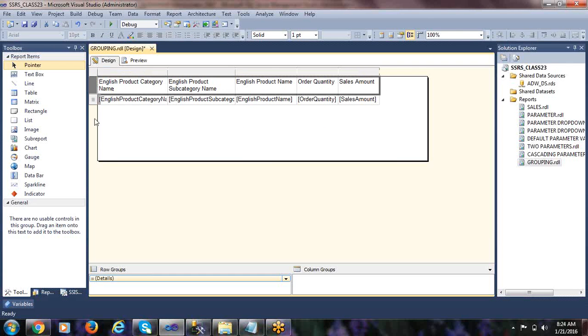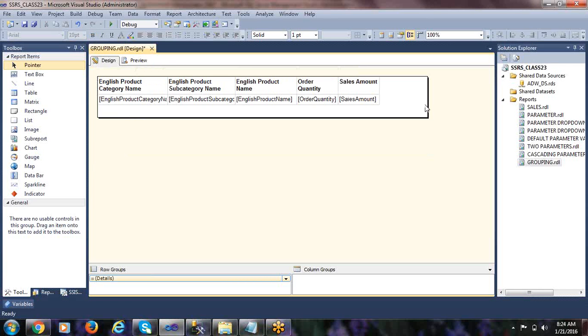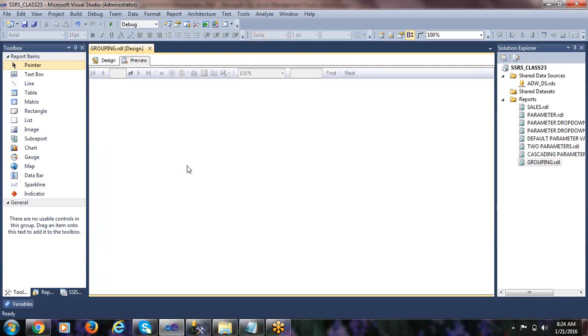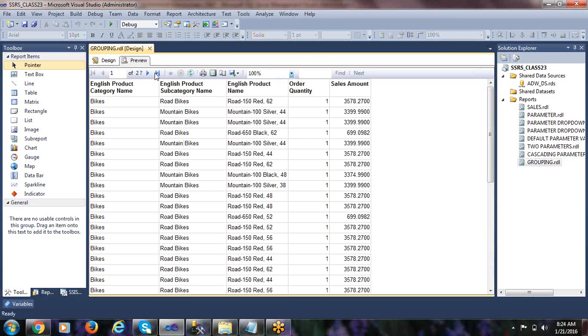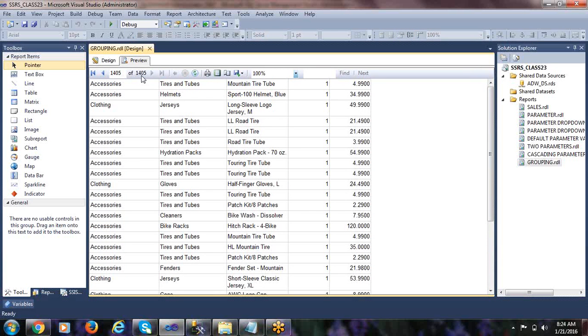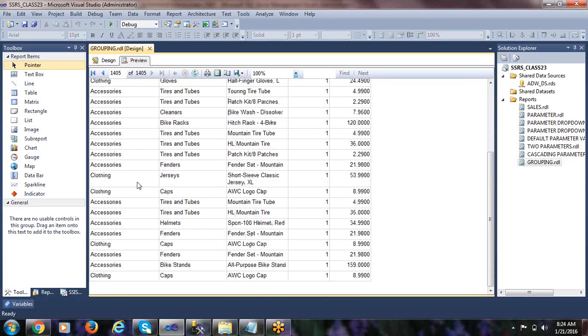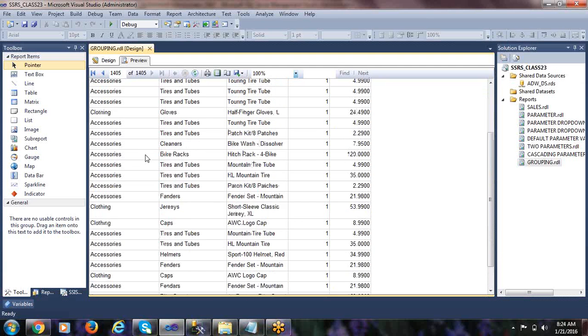Fine. Let's check this. See, we are getting all the detailed data. If you go to the last page, see how many pages are there? 1400 pages. That means all the 60,398 rows are coming.